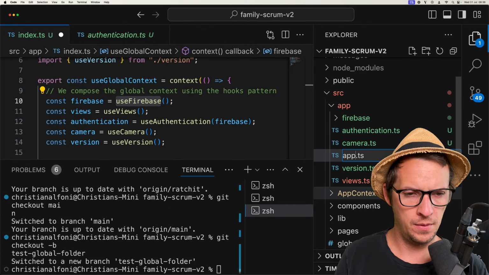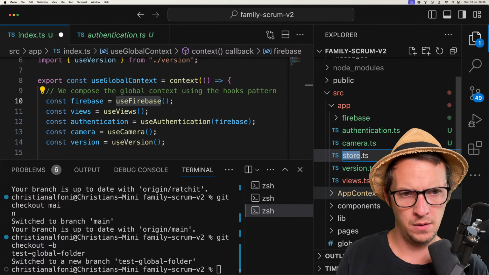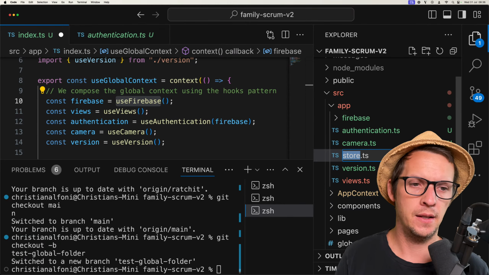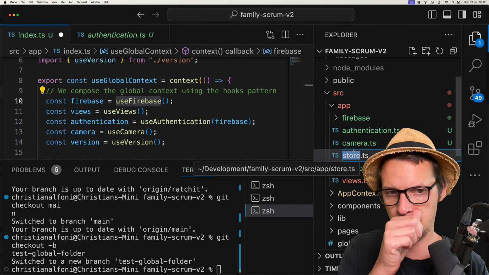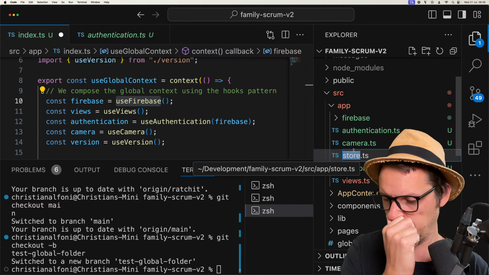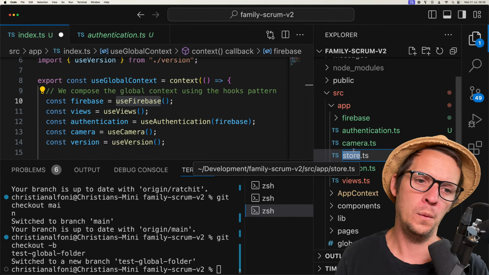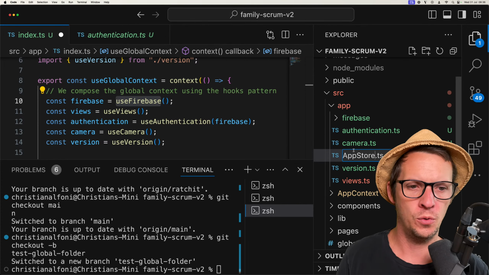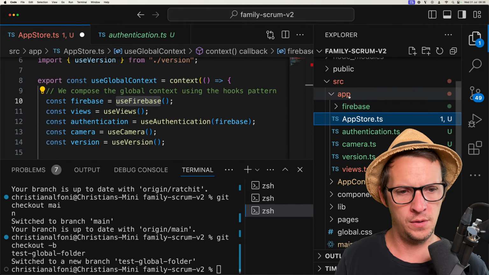Let's call it app. Should we call it store? That's kind of nice. Maybe not. The point is that I'm exploring having a nested structure here.